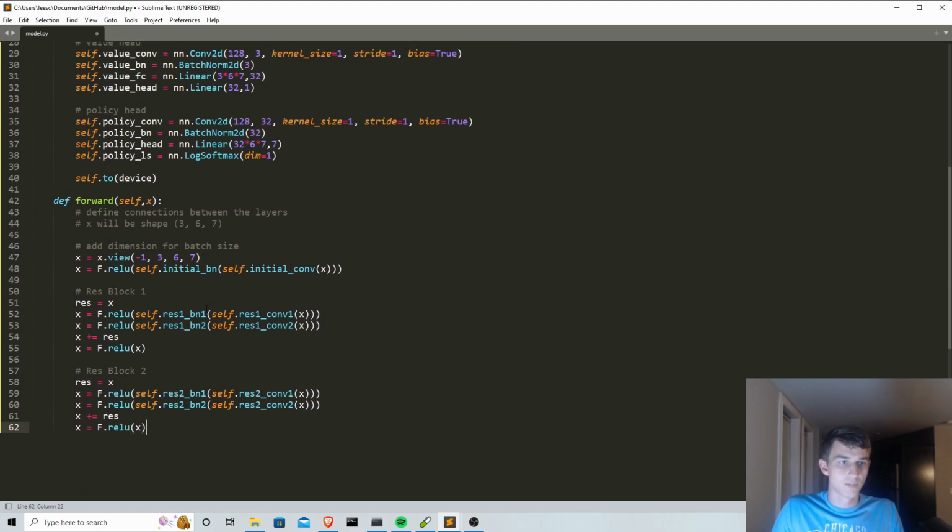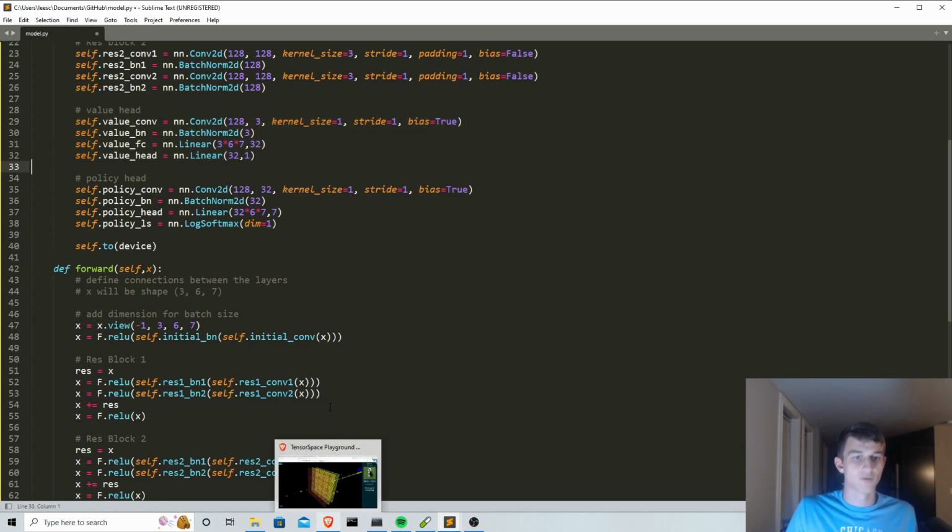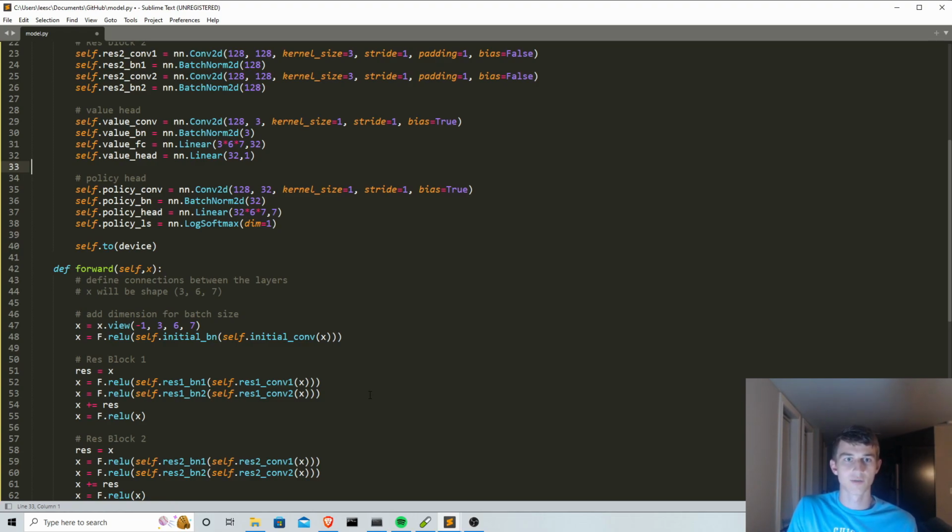The last thing we need to do before we can look at the summary of the network we created is pass it through both of these heads of the network separately. This is one of the innovations between AlphaGo and AlphaGo 0. In the paper we've been recreating, and in the algorithm they used when they actually played the Go champion, Lee Sedol, they didn't have two heads in the same network. They had a policy network and a value network. And one of the innovations they made between AlphaGo and AlphaGo 0, which was much better than the original version, by the way,